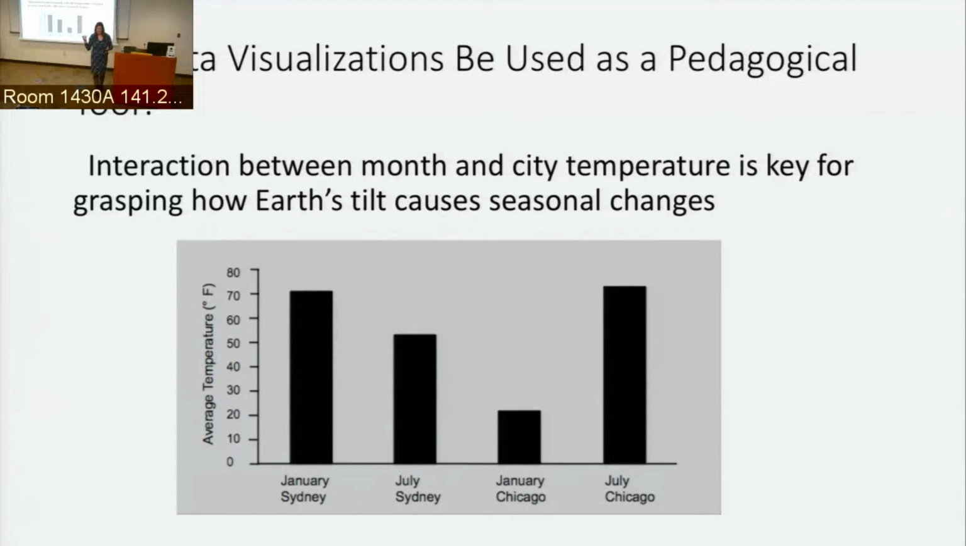And the question that we were asking students to think about in this case was a question about seasonal changes and how the tilt of the Earth creates these seasonal changes depending on whether you're in the northern hemisphere, like in Chicago, or in the southern hemisphere, like in Sydney. And typically this kind of